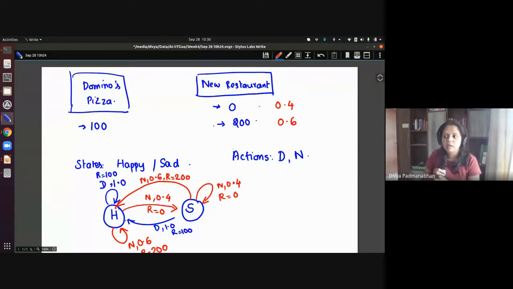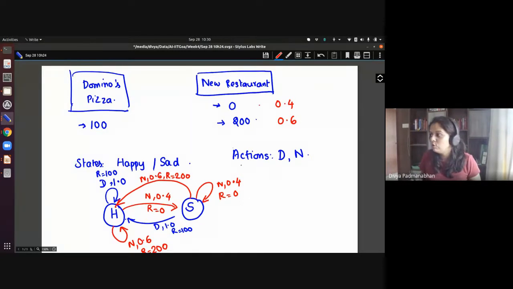But really, are the states adding anything? Because there's a lot of symmetry here. The same set of actions, the same set of rewards, the same probabilities are going to happen in each of these states. So this was one way we modeled this problem.